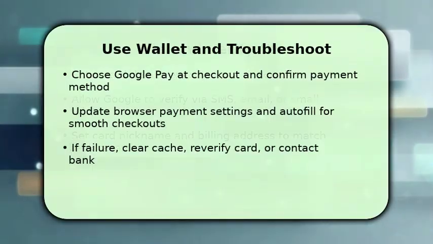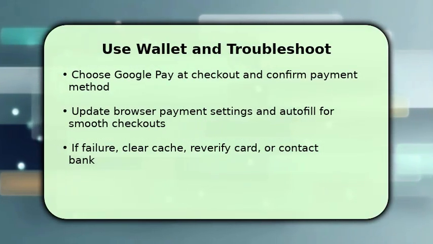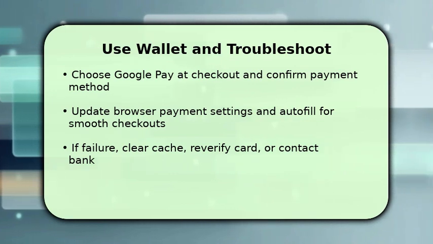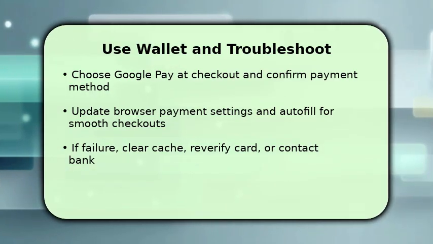At checkout, pick Google Pay and select the card you added. Confirm the payment and complete the purchase. Make sure browser autofill and payment settings allow Google Wallet to populate fields quickly. This reduces errors. If a payment fails, first clear your browser cache and reload the site, then re-verify the card